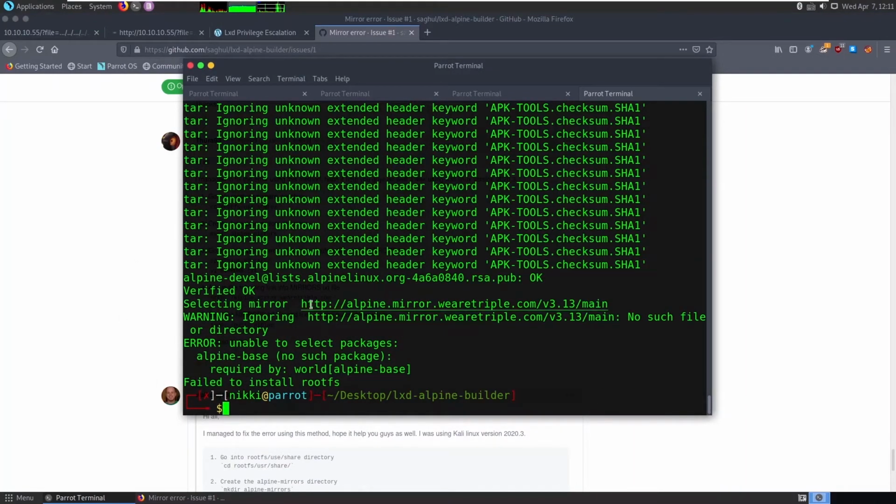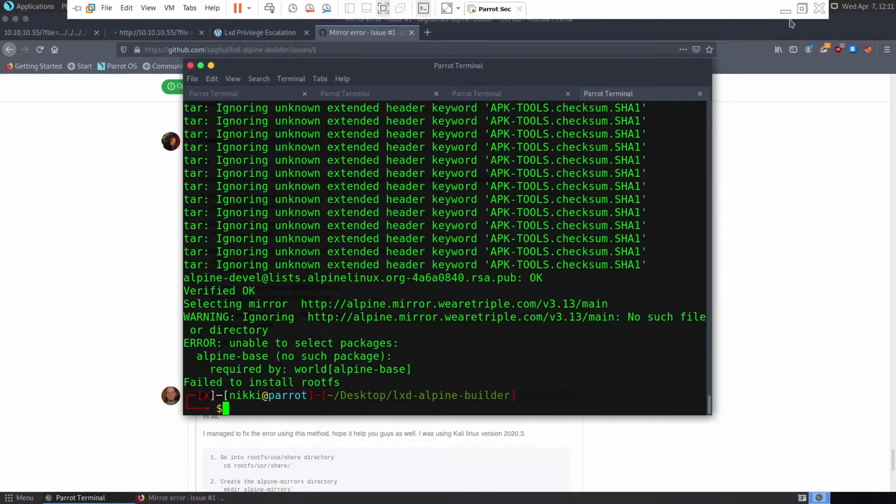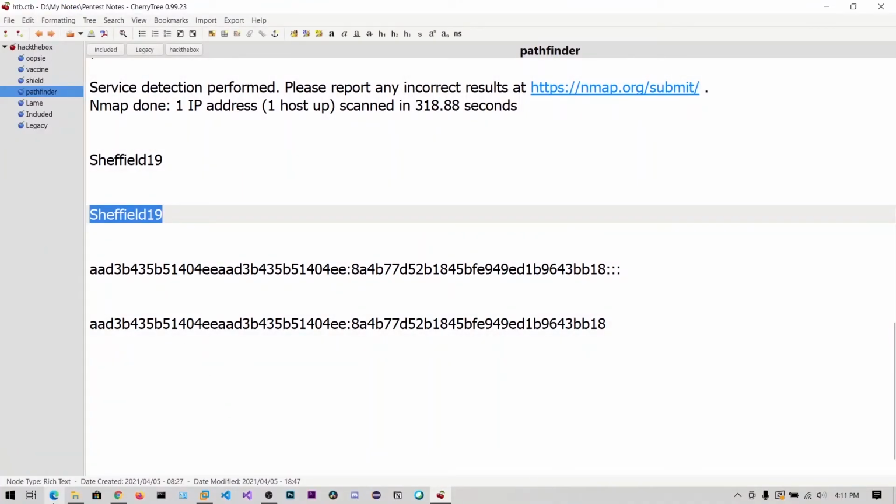Okay, now in my Ubuntu VM, it has been successfully run.